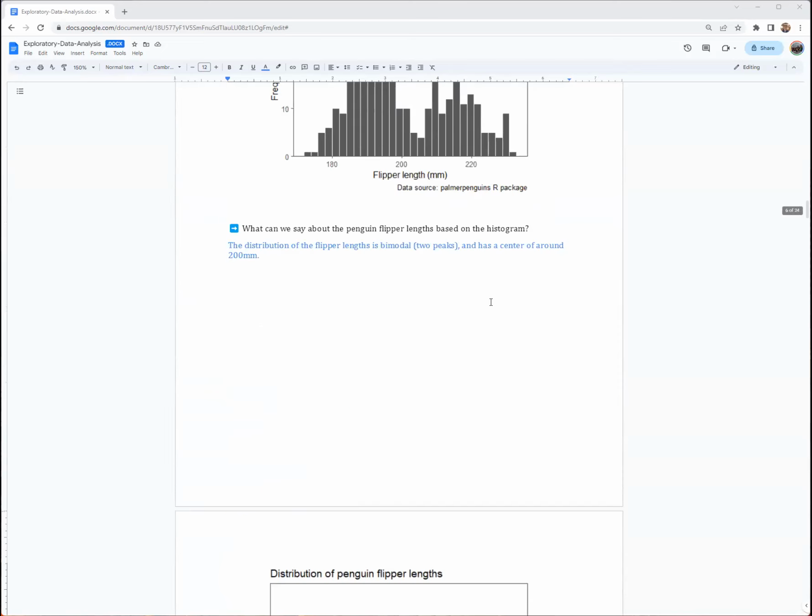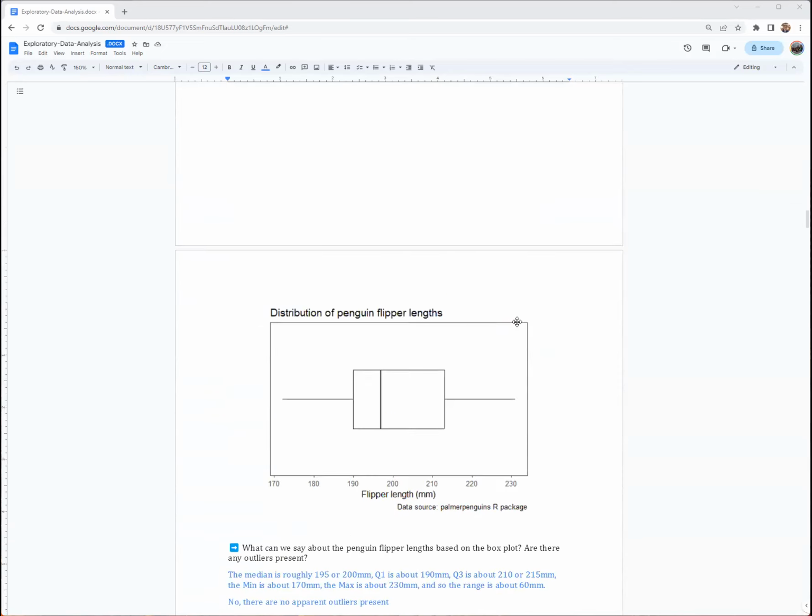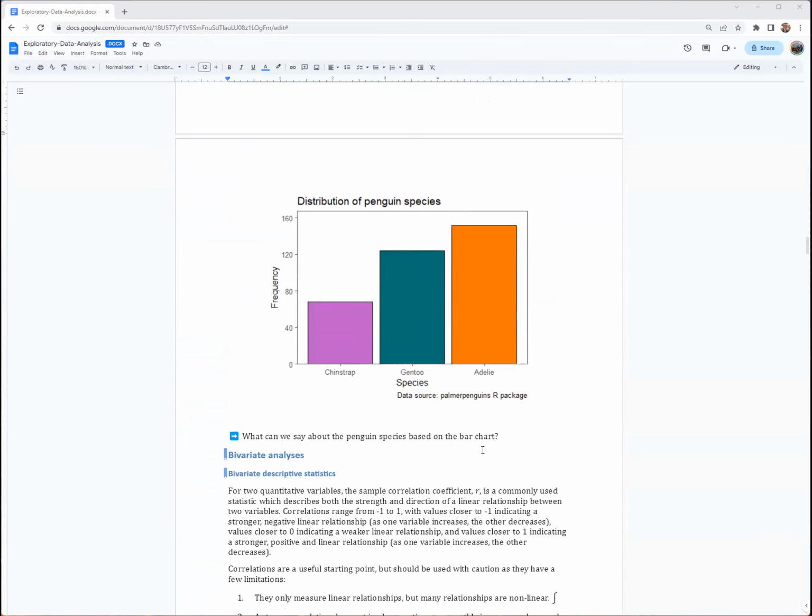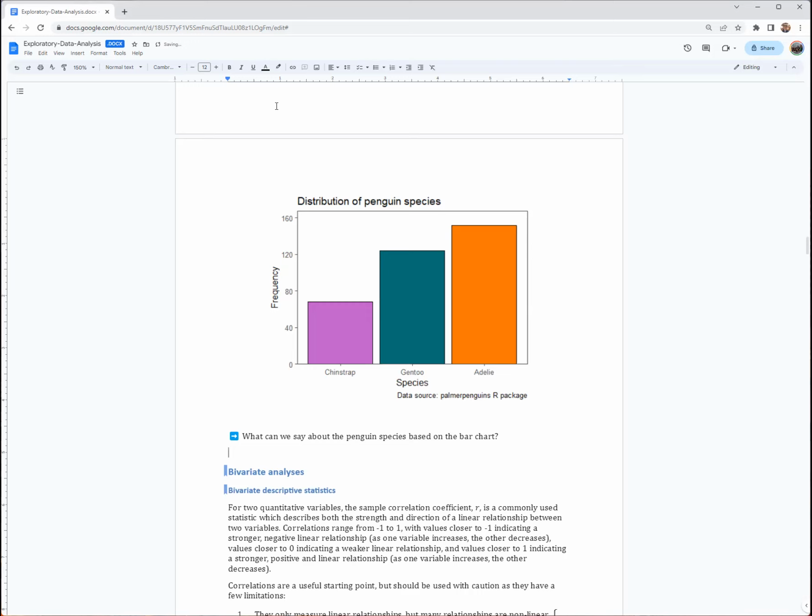So these were visualizations for a single quantitative variable, a histogram and a box plot. For a single categorical variable, a pie chart or a bar chart is commonly used. Here we're just going to look at a bar chart because in my opinion, and I think many other statisticians feel this way, they communicate information a little bit more efficiently, a little bit more quickly than a pie chart. But they show the same information and are both technically correct visualizations. So certainly there's nothing wrong with making a pie chart if one wants to. But okay, so from this chart, we can quickly see